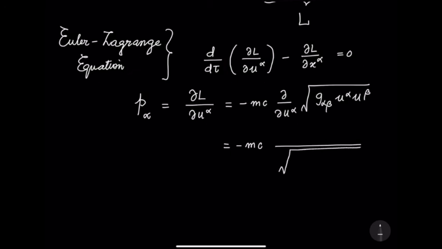I'm just doing the derivative here, but I will tell you what I am doing whenever it is required. So when I take the derivative with u alpha, I get g alpha beta u beta. When I take the derivative, keeping this constant, the derivative with respect to that will give me a delta beta alpha. So I will get again